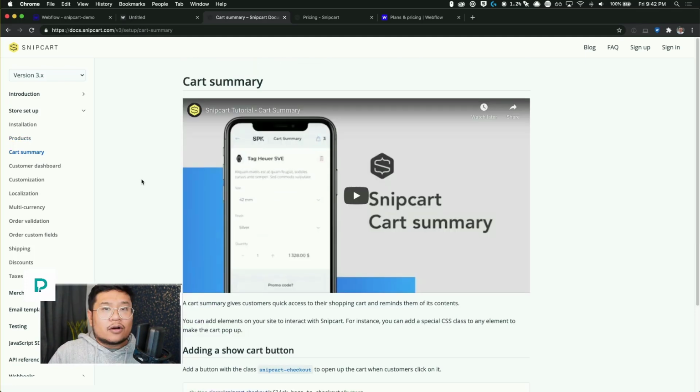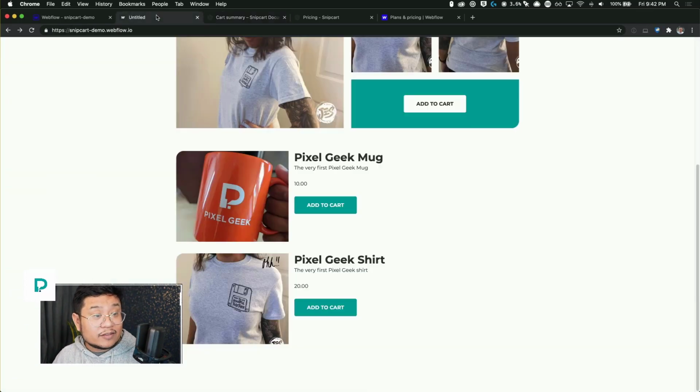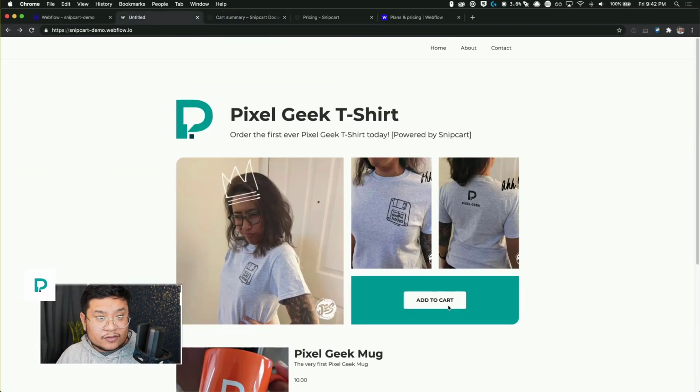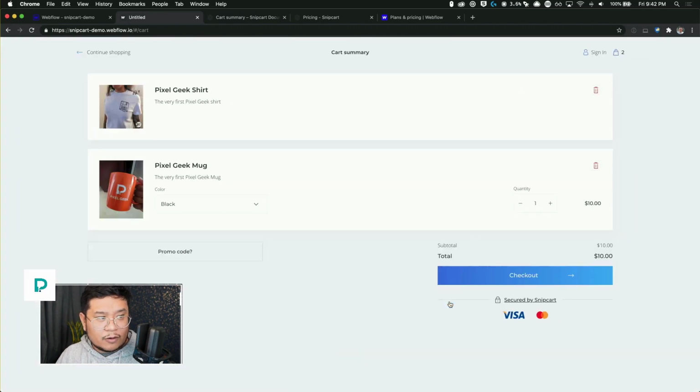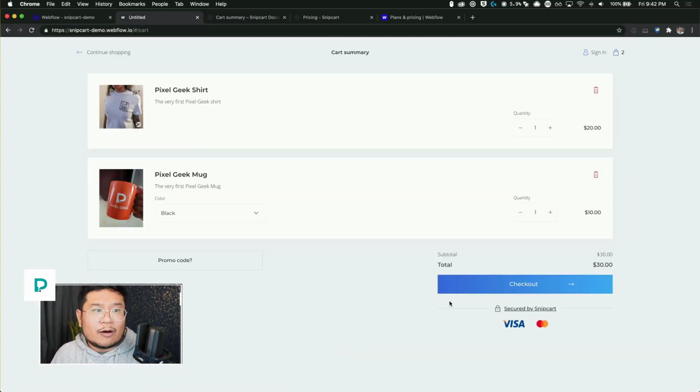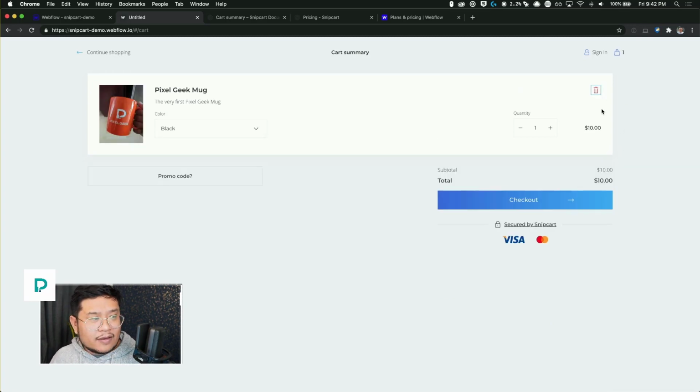Okay, so now that you've learned how to add products using Snipcart's low-code integrations, now it's time to learn how to make a button that shows your user's cart. The only way to see a cart right now is to click on Add to Cart. But what if I don't want to add to cart? I just want to see my cart. So let me delete these two right now.